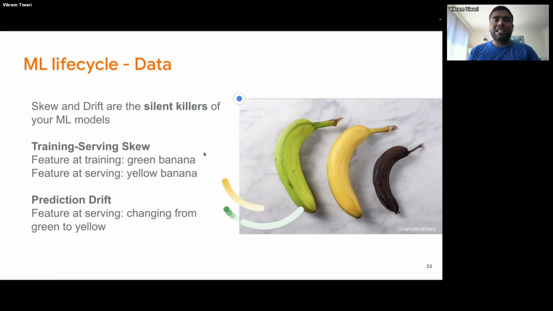I gave you a very long example, 5 years later or 10 years later, but generally it happens very often where you will see that machine learning models are iterated on a daily basis, or if not daily, at least weekly, where some things happen, things change, like weather prediction, or music. There's the other one where you need to figure out from the audio coming in who's the artist. And for that, there's so much music getting released every day. You need to be able to update your model so that you can account for the new music that's getting released. So that's the drift that happens, and you need to be aware of it. And that means you have to continuously retrain your model and check against it.